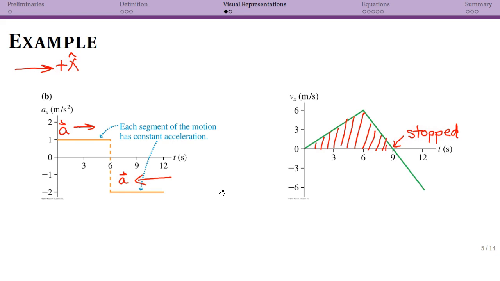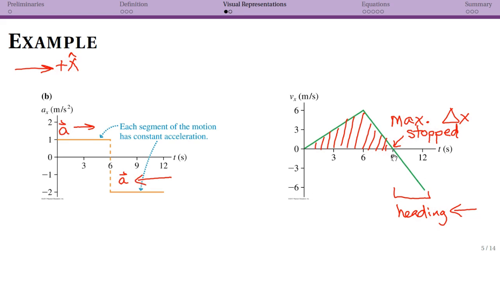So not only is this stopped, this is also the maximum displacement. But now, at this point, its velocity is moving to the left. So it's gone out and turned back around. So that's the situation. It's important to note from the acceleration curve alone, you know how the acceleration changes, but